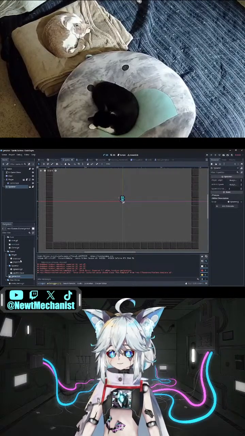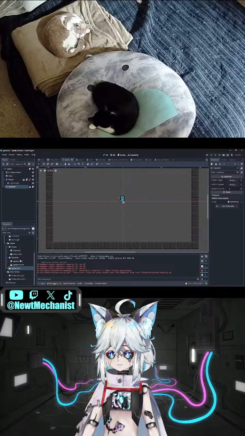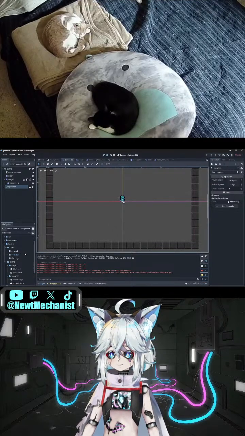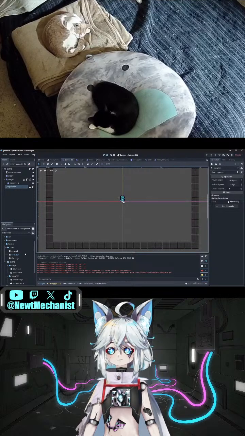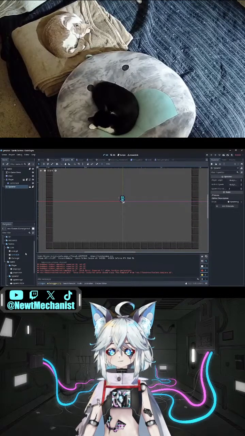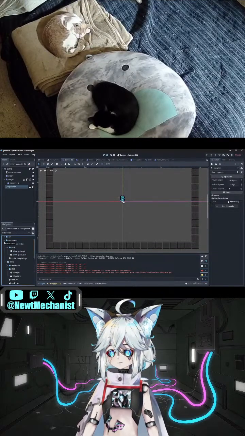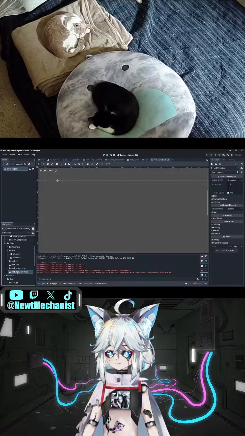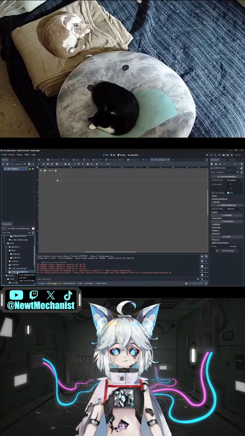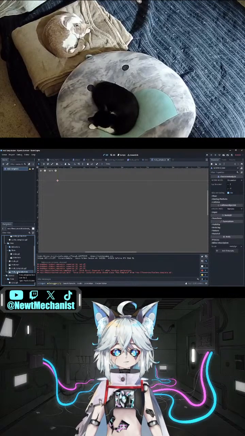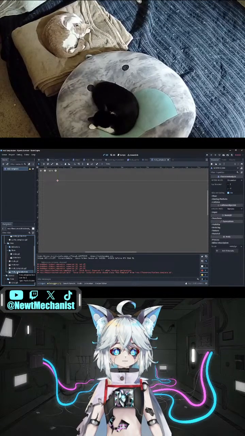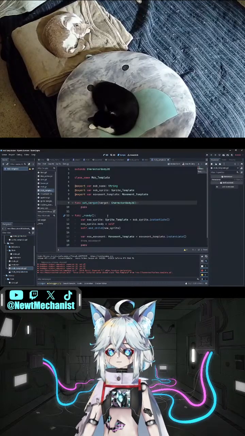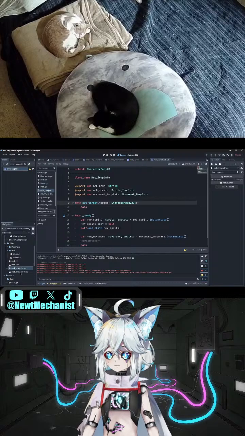Mob template. Templates export this, but